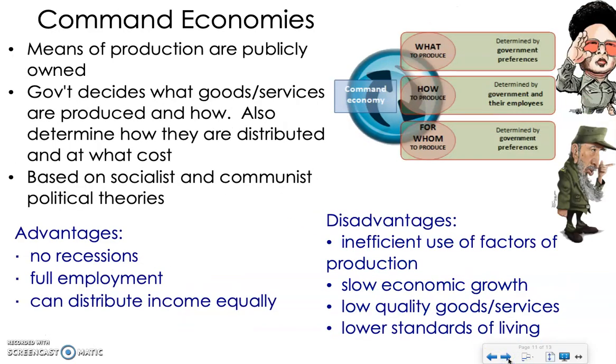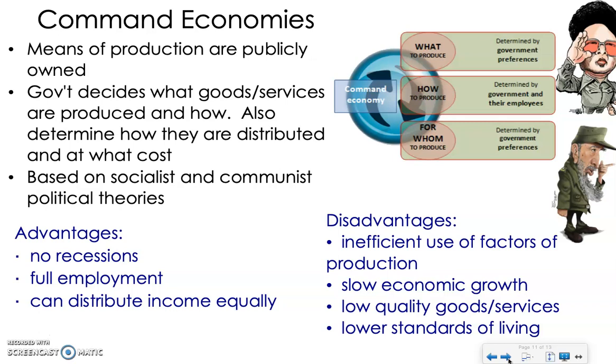And then the third system is a command economy. In a command economy, those economic decisions are made by the government or government planners. So government answers those three basic questions. The means of production are publicly owned, which means they're controlled by the government. Government decides what they're making, how much they're making, how much they're going to charge for it, how it's going to be distributed